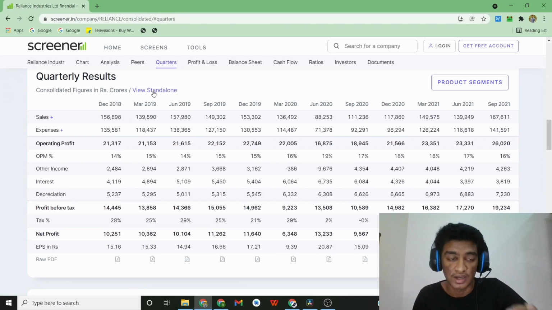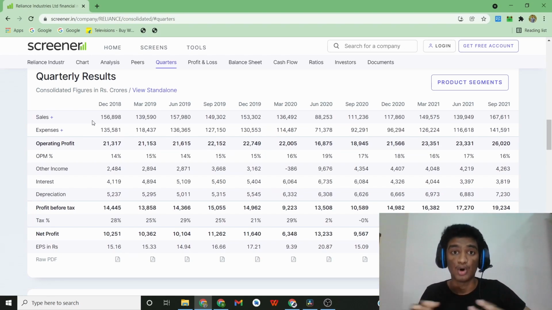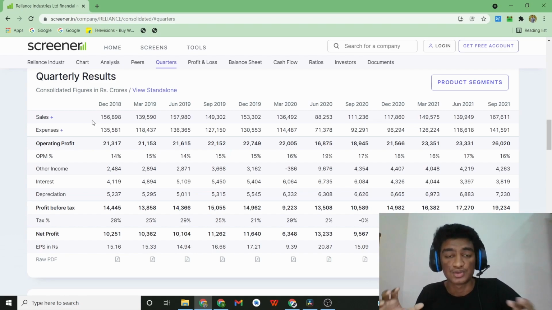And when I say consolidated, it means that the company revenue figures include itself, including all the subsidiary companies as well. So for example, if you're talking about Reliance, there are multiple subsidiary companies like Jio Platforms, Reliance Retail, Network 18, and multiple other subsidiary companies. So all these companies that are child companies to Reliance Industries, you also consider their profits, their revenues in your figures. So if you are looking at consolidated figures, it includes all your revenue and your profit figures from the parent company and all its subsidiaries as well.